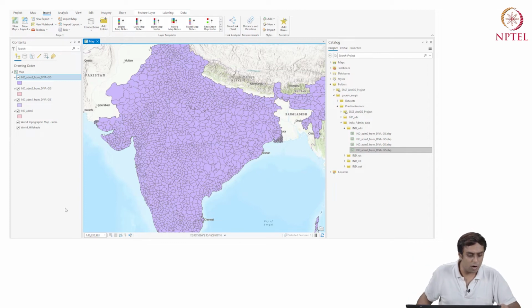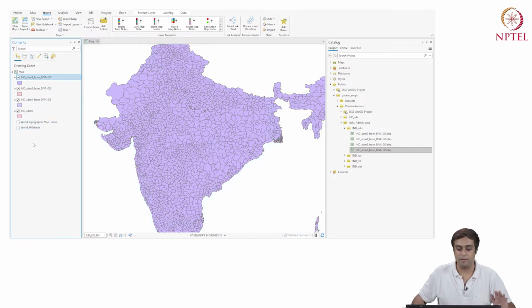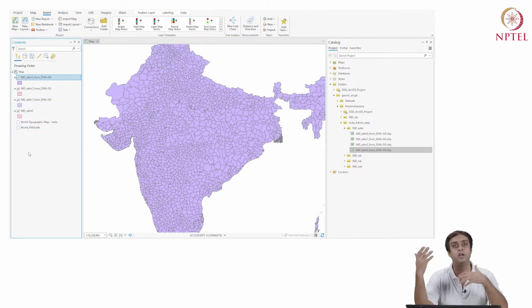Well, on the left hand side in the contents pane, what has happened in the process of looking at these things was that I added layers in addition to world topographic map and world hillshade. If you were not working with either of them, that is no problem. If you were working with an older version which did not have world hillshade or world topographic, it's not a problem.